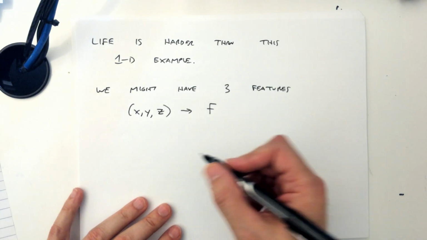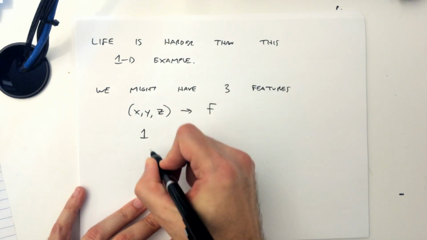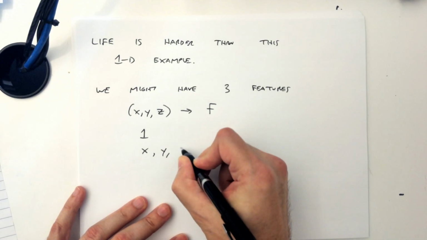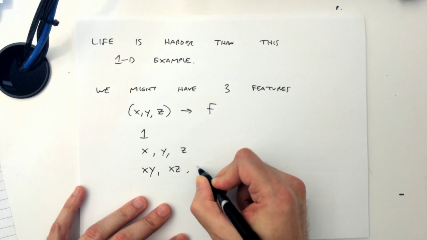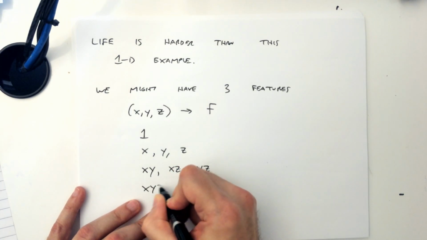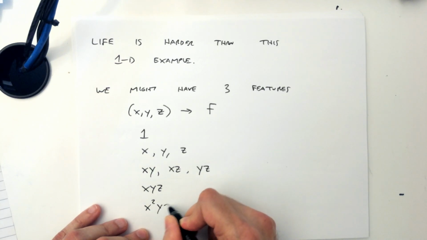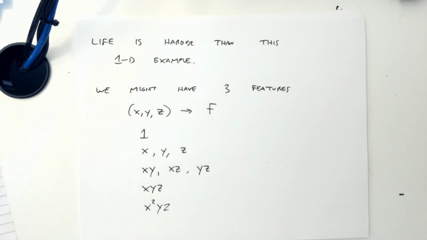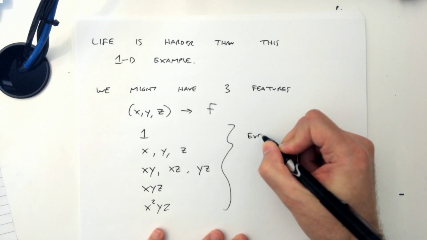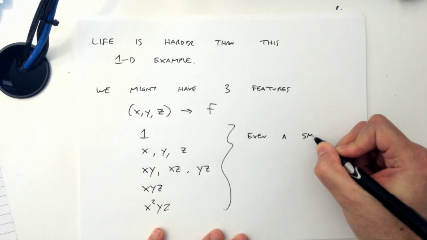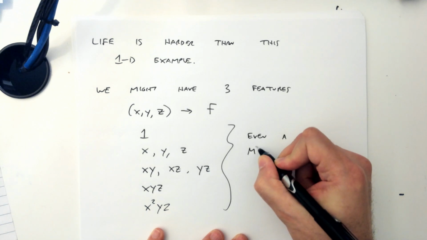So we could have a constant term, X by itself, Y by itself, Z by itself. I could have X times Y, X times Z, Y times Z. I could have X times Y times Z. I could have X squared times Y times Z, right? If I think about enumerating the generic version of a polynomial, you can see it's going to get out of hand exponentially immediately, right? So, even kind of a small mth order